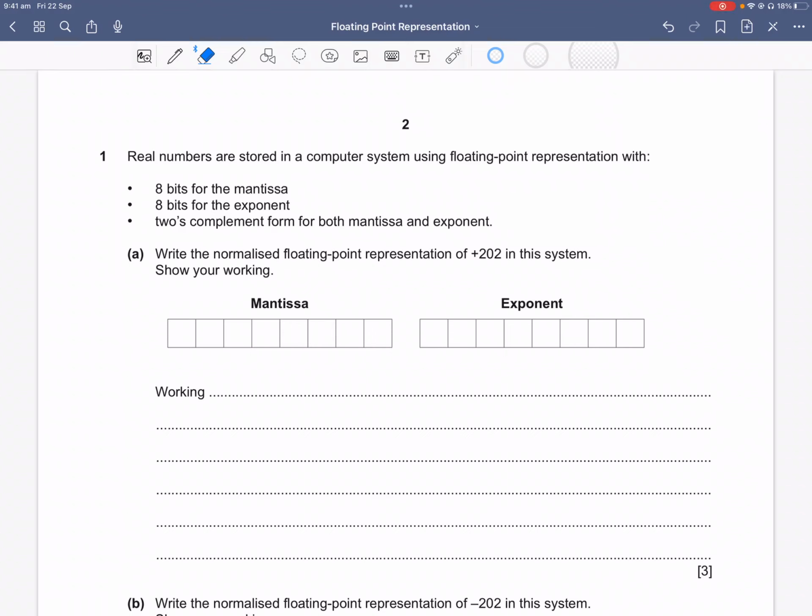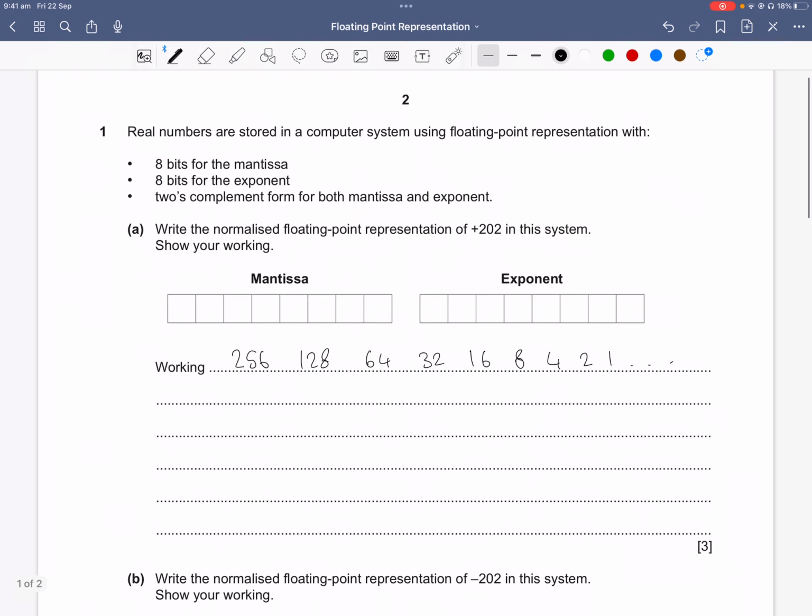Okay, so let's go through this question. We need to create plus 202 out of binary numbers. So we know binary goes 256, 128, 64, 32, 16, 8, 4, 2, 1, and then your decimals. So from 202 we can take 128, so that gives us 128, and we still need an extra 74 to